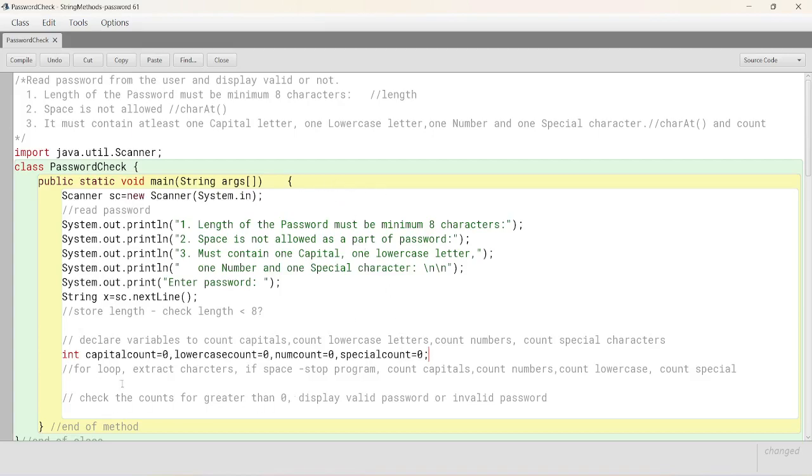Then we take a for loop, extract characters. If space, stop the program, otherwise count all of them. Then check the counts. If the counts are 0 anywhere else, then invalid, otherwise valid. This is the program. So here